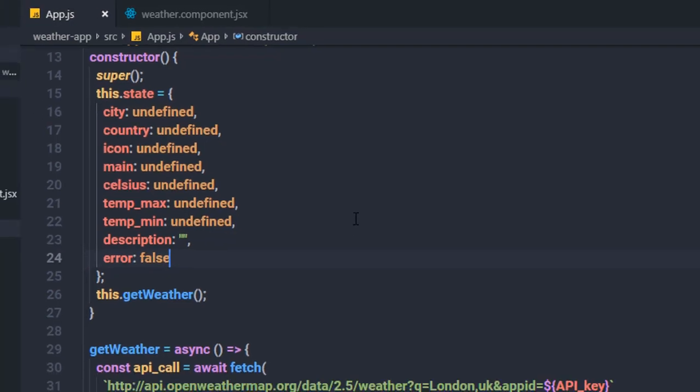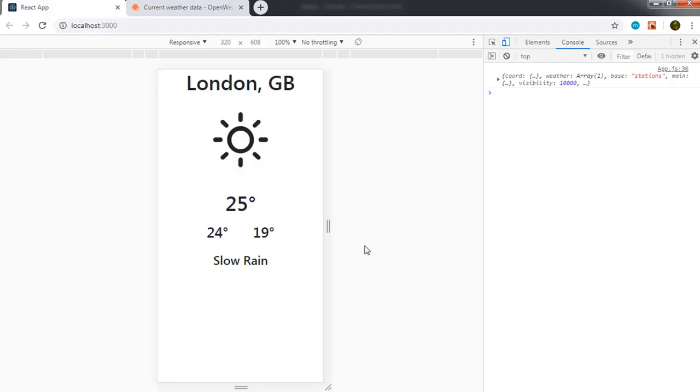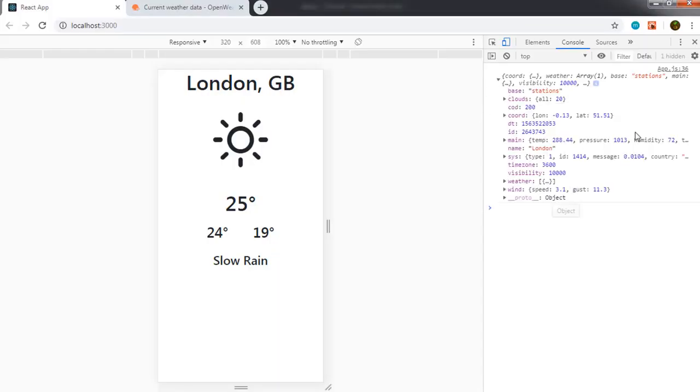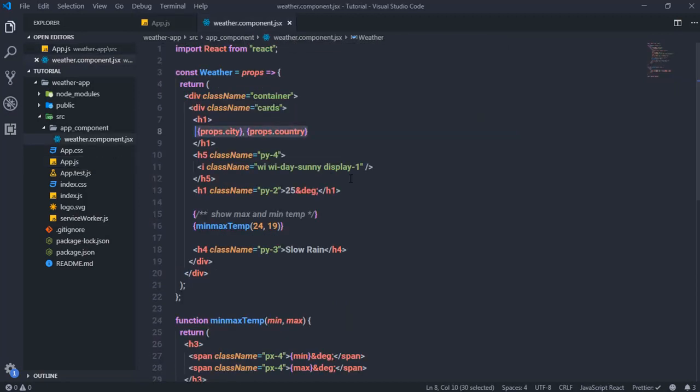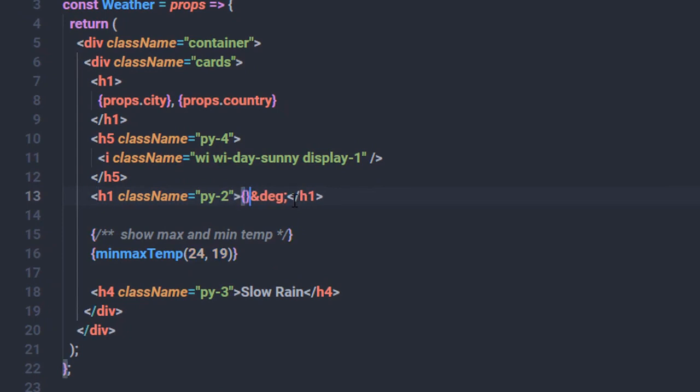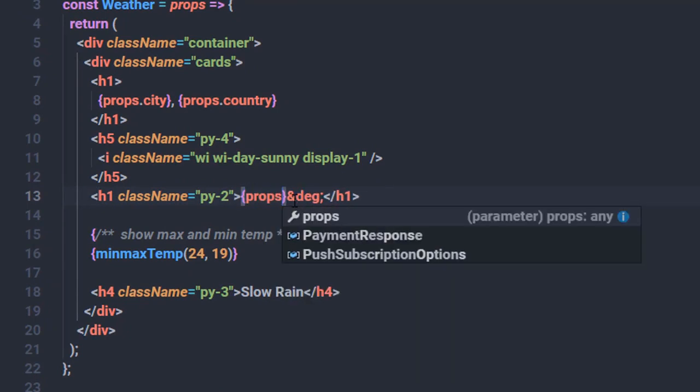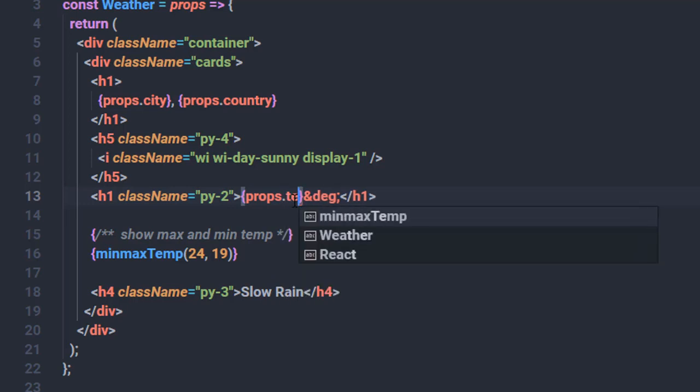Save the changes, and just after that, now instead of specifying these hard-coded values to this Celsius, to this minimum and maximum temperature and this description, I'm going to get the data from this API and specify that in the weather component. So I'm going to get rid of these hard-coded values. I'm going to get rid of this 25, and right here I'm going to call the curly braces, and in this curly braces I'm going to call a property. So I'm going to say here props.temp